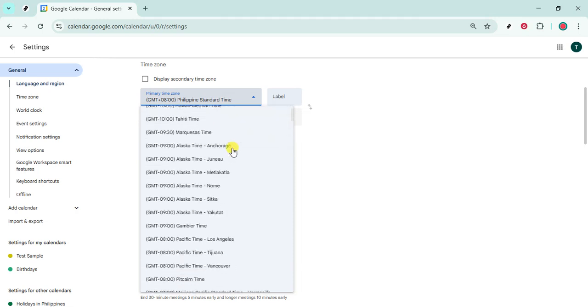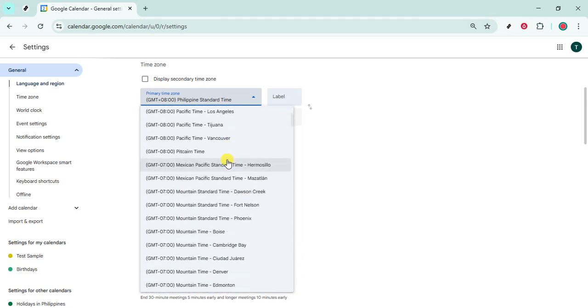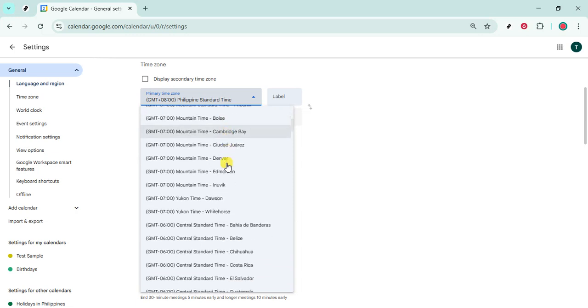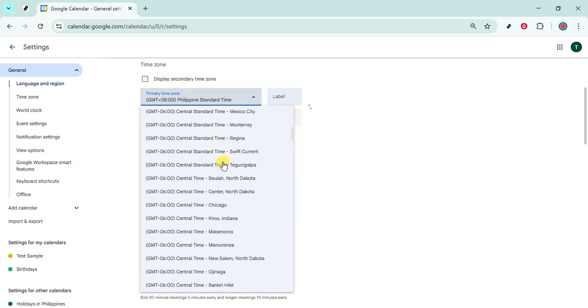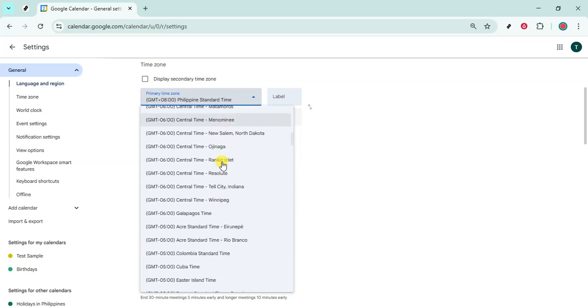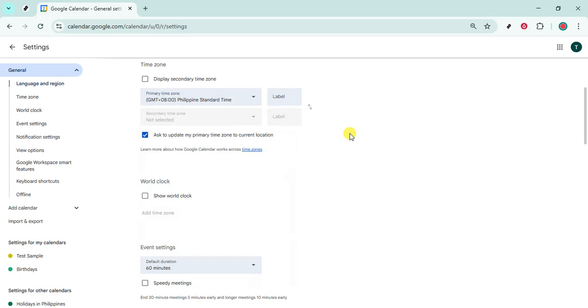Your events will now display at the correct times for the time zone you selected. If you're switching because you traveled, this helps avoid confusion and missed meetings. If you collaborate with teams in other regions, it keeps your schedule aligned without having to mentally convert times. If you ever need to adjust it again, just return to Settings, choose the calendar, and update the time zone